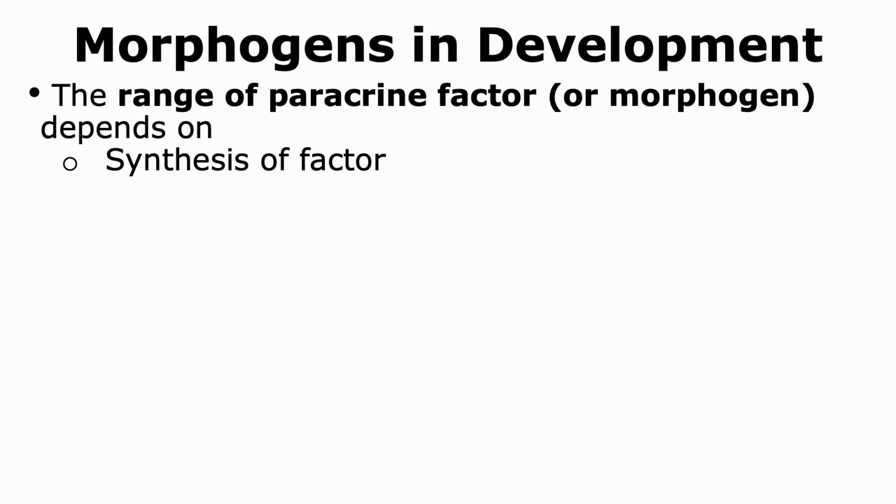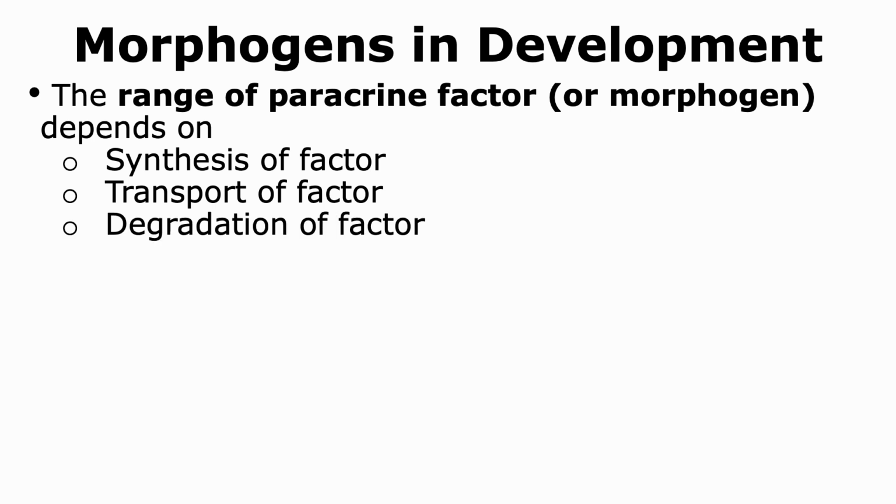Now, the range of a paracrine factor or morphogen depends on the synthesis of the factor, so how much is being made by the cell, the transport of the factor, so how much is being transported to the cell's surface and secreted out, and finally the degradation of the factor, so how stable is the factor and how easily is